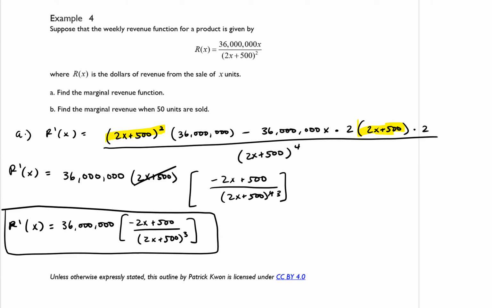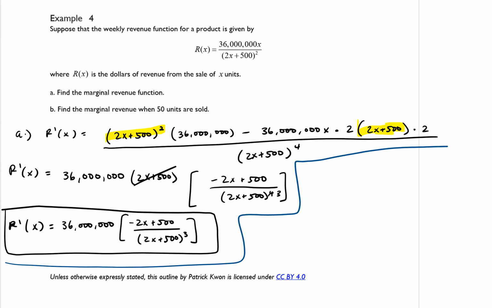Part B says find the marginal revenue when 50 units are sold. Now I am running out of room here, but let's see. I'll do part B over here. So what we want to do is we want to calculate R prime of 50. So I'm going to plug that into the derivative that we just found. So we have 36 million times